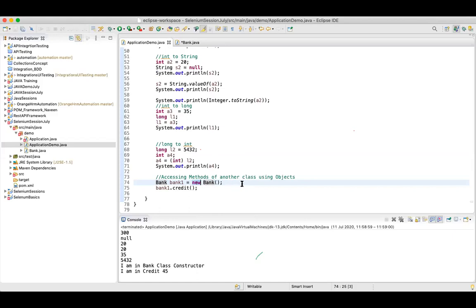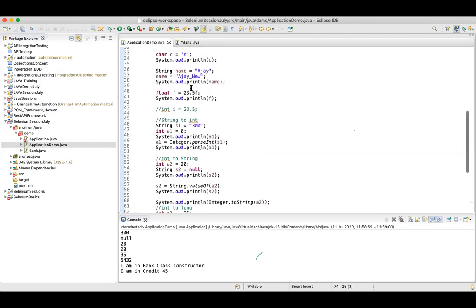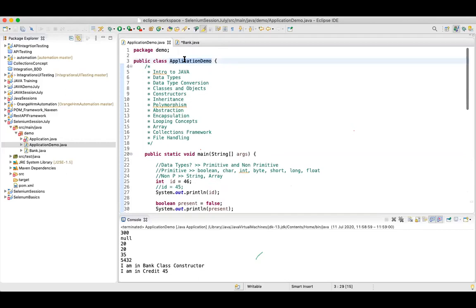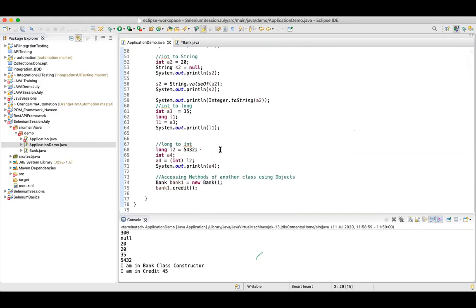Can anyone suggest in the chat? Constructor. But constructor of which class? Of this class, Application demo? You create an object of bank, so the constructor of the bank class will be called.